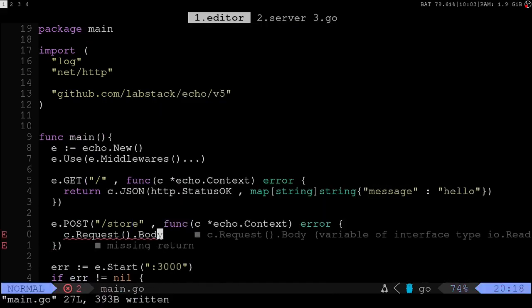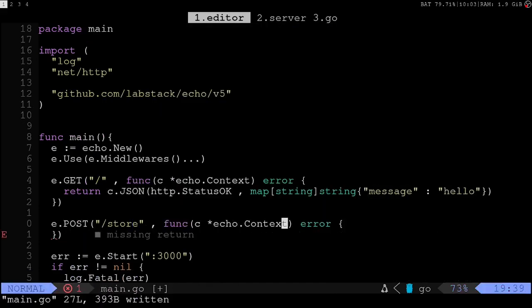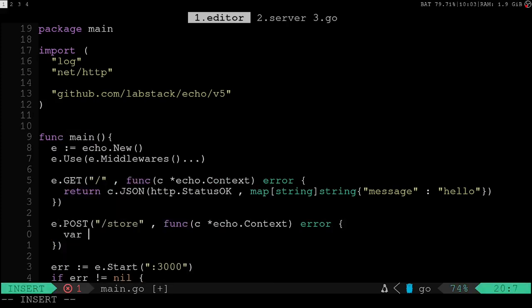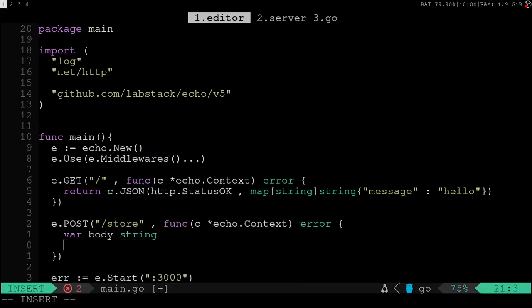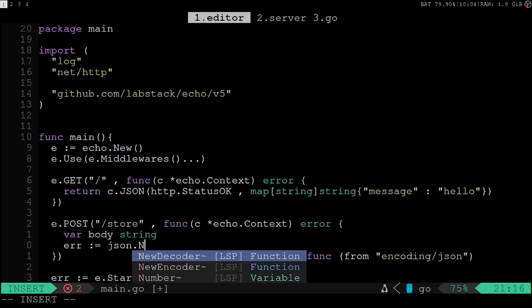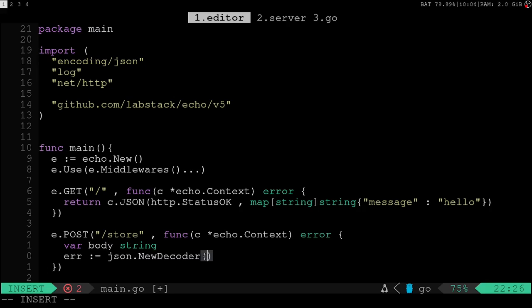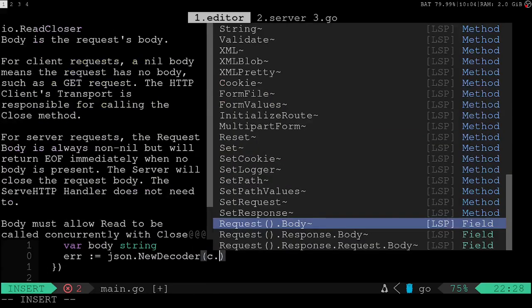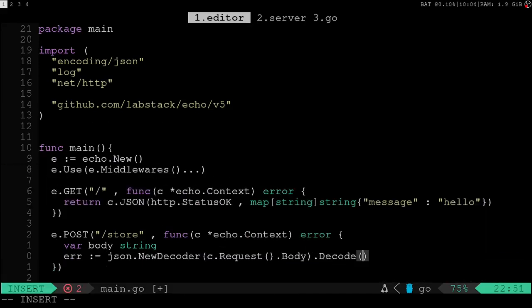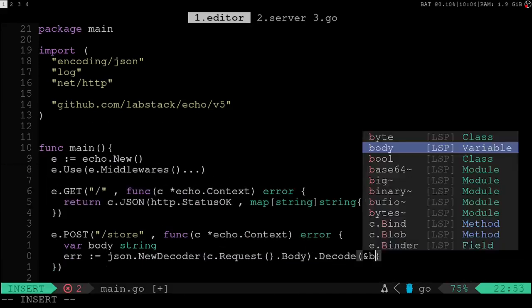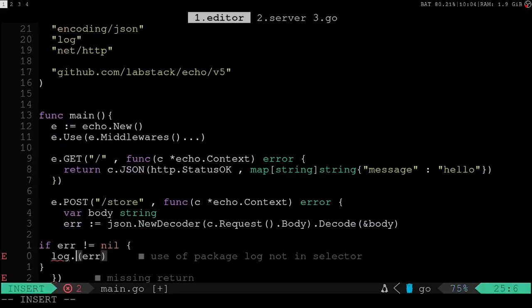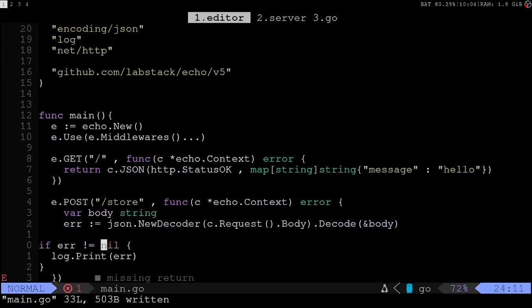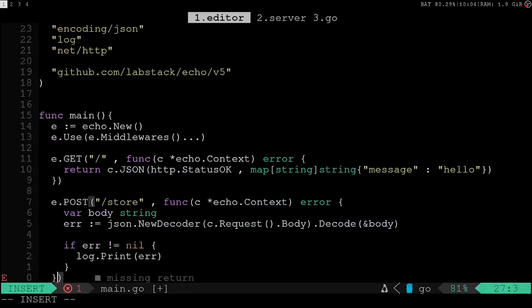c.request.body, we can parse this. So variable body string, let's go error json.NewDecoder, decoding c.request.body decode at the address of body. And let's go with this thing, instead of log print, let's go something like this,